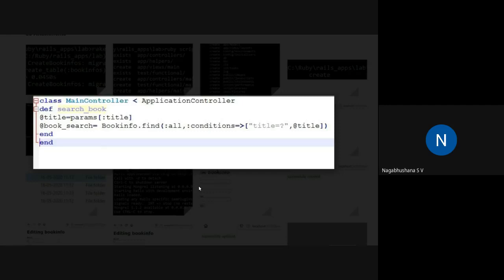Why we have written :all is, if we don't write this :all, under the same title there might be a number of books. If you are not writing all, suppose it finds a specific title, the title might be available in maybe the eighth row or 10th row or 20th row, 30th row. So it has to search all the related titles in the database. Hence we are using :all. Next.